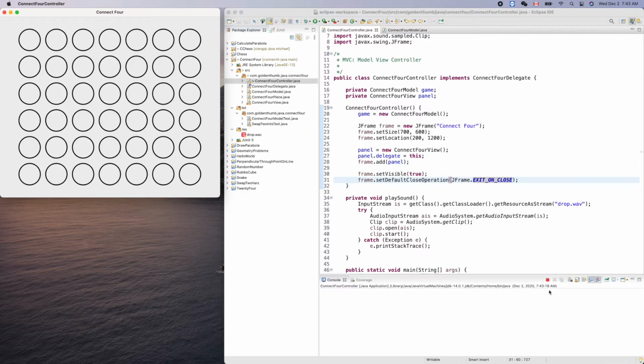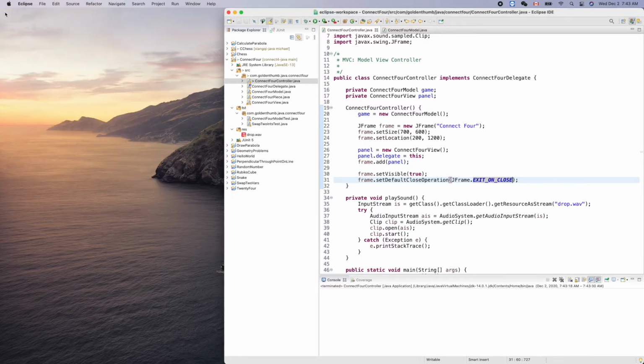So look here, the red icon. When we close it, it's gone. Okay, so yeah, we do need that. Otherwise by default it remains in the computer's memory. Okay, now in this video